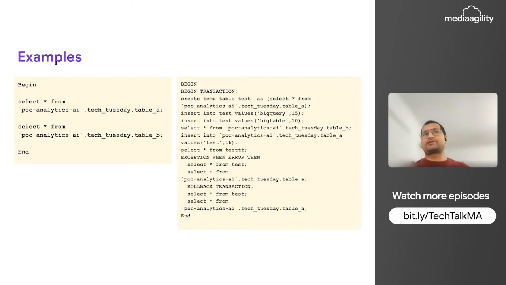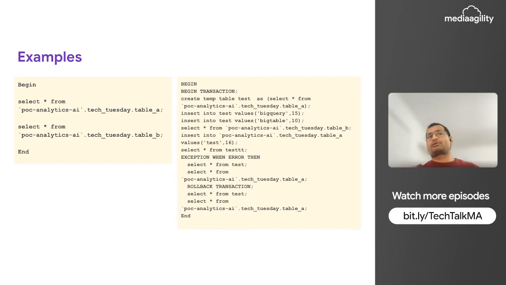So BigQuery will try to find out whether this table is being created in this script. And if you see, this table is not created here. So it will give an error, which means the whole script will be stopped. But we already inserted into these tables. This test table is a temp table, so it does not matter, because if the script is done, its scope is done. But we already inserted into one of the permanent tables.